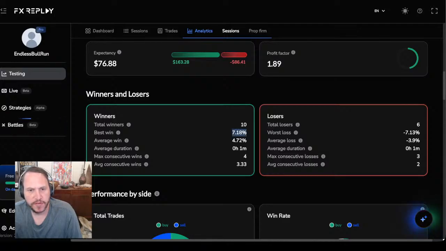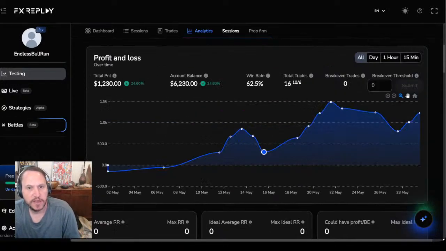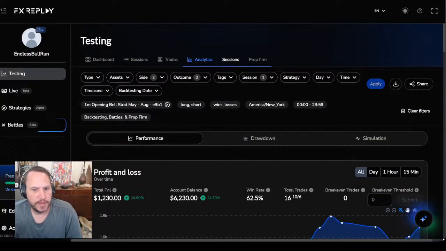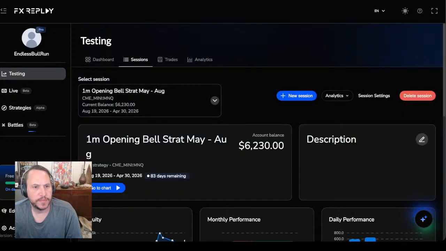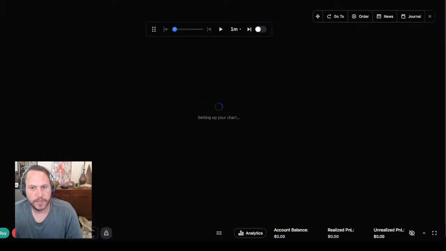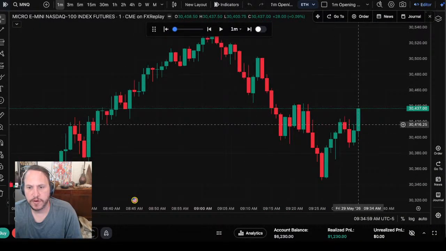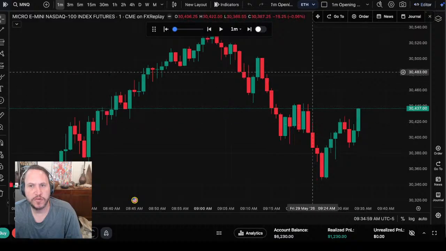win more than 10% of 5,000 of the account, right? So we scale that up, and that's been pretty consistent among all of the months, where the biggest winner or loser is right around 7 to 8%. So that's good. Okay, let's go back to testing it. Let's go to the next month. Let's keep it going. Okay, so we are going into June.